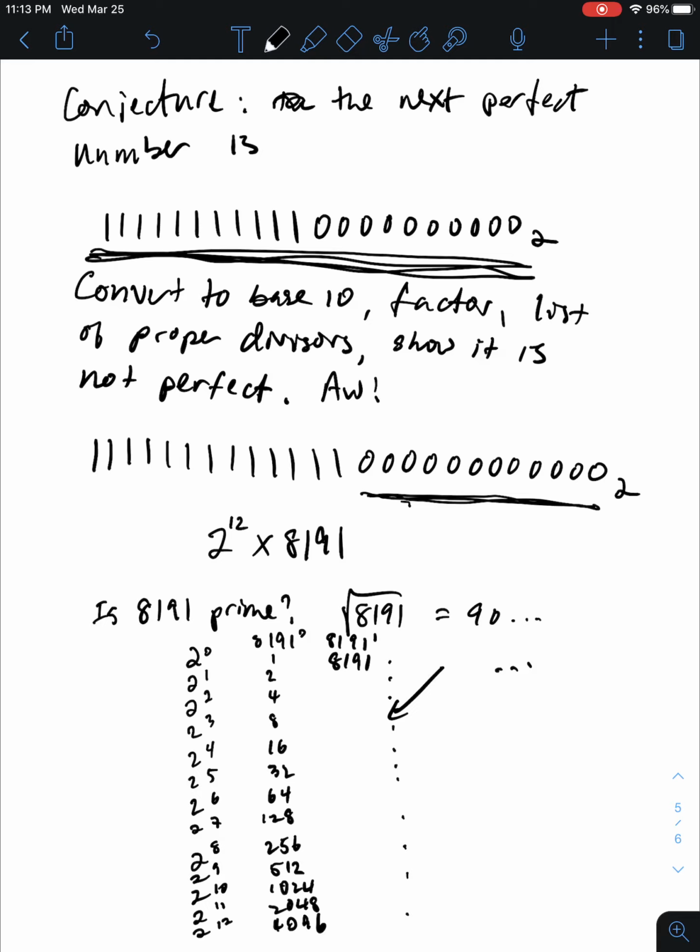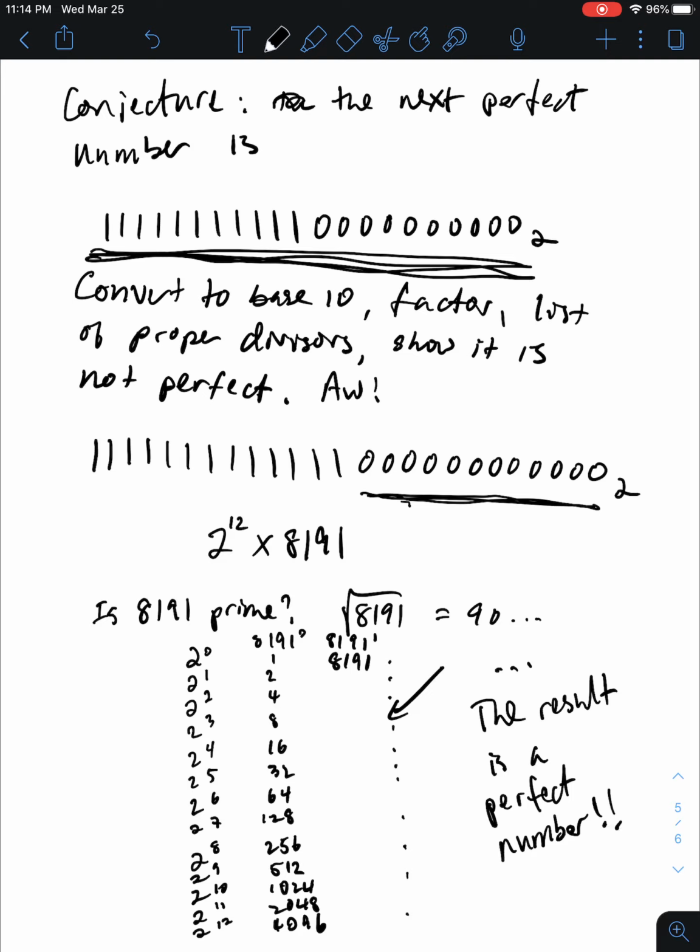And then add up. You're going to have to add up 23 numbers, and you will find that the result is